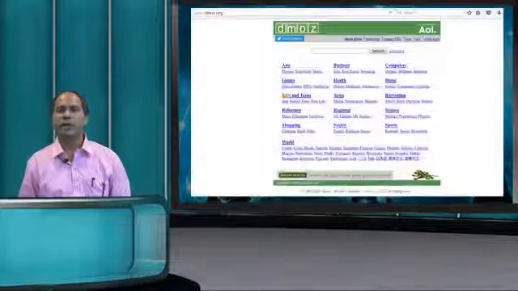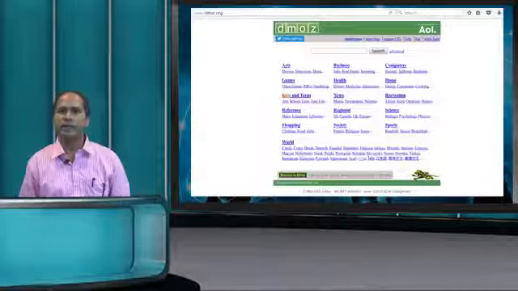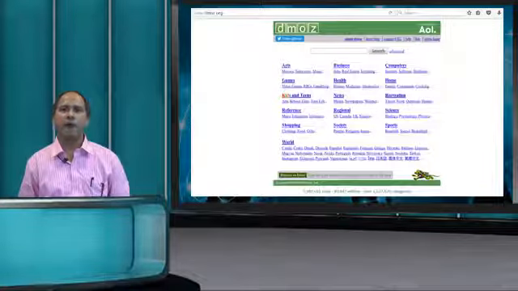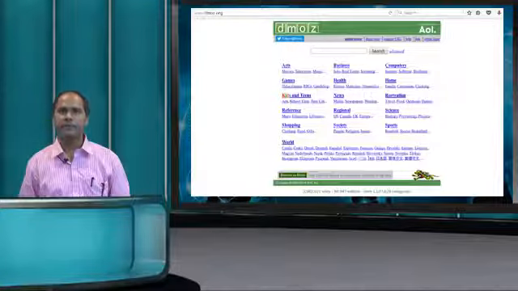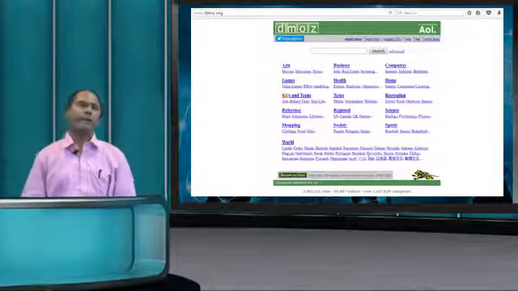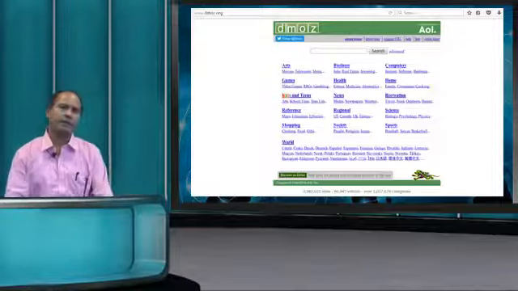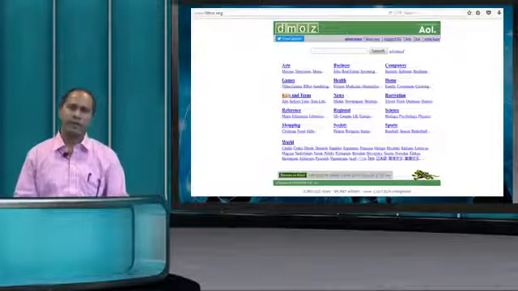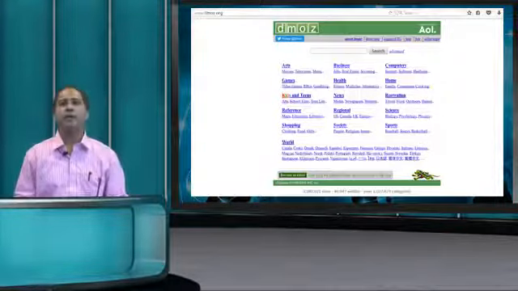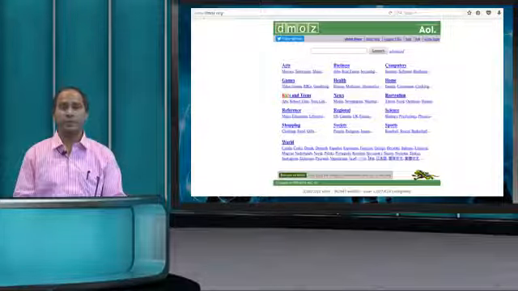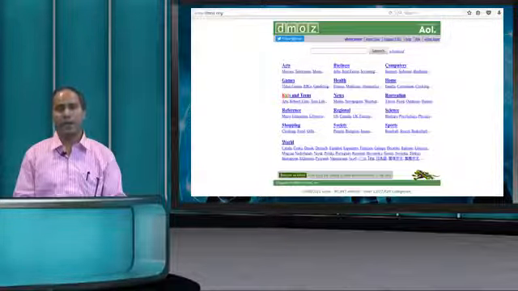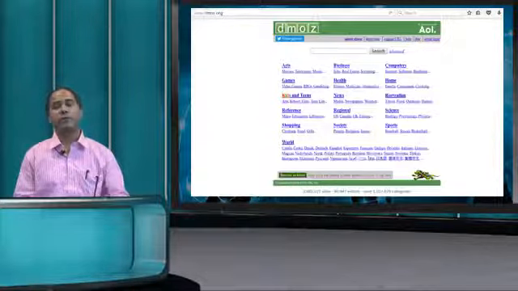Here you see in the slide that Dmoz divided the universe of knowledge into categories like arts, games, kids and teens, references, etc. Now it's a generic subject directory. It includes both commercial resources and academic resources. Now let me introduce you to the subject directories created by librarians and very effective for discovering different kinds